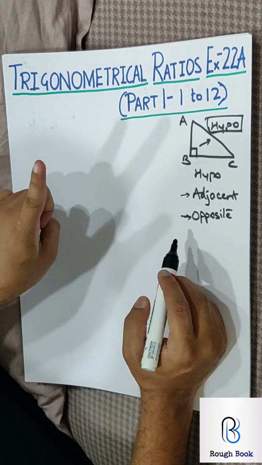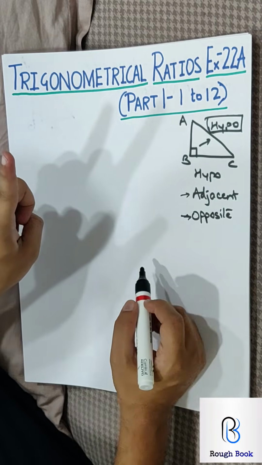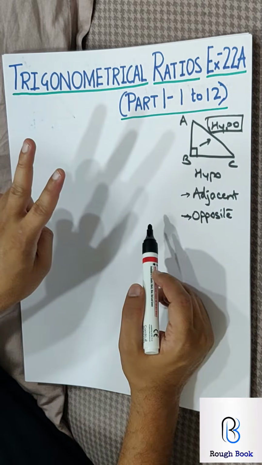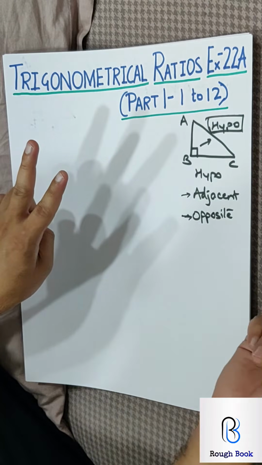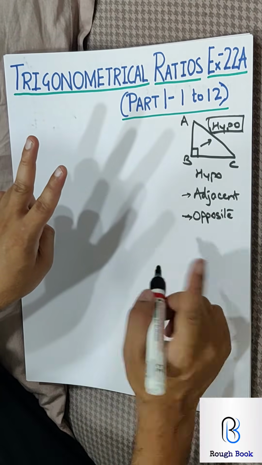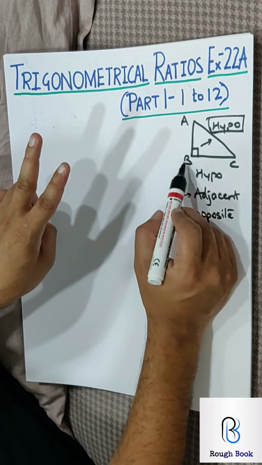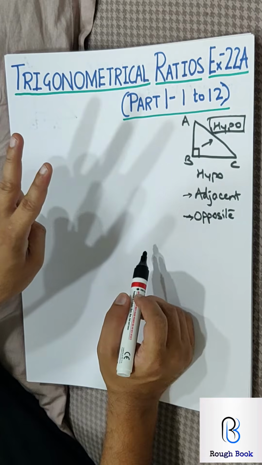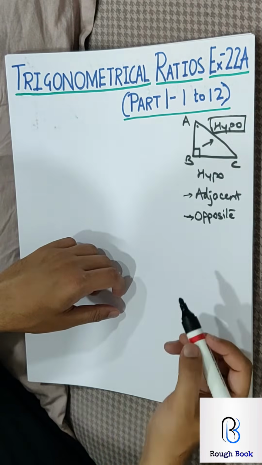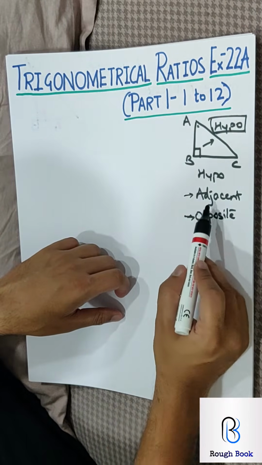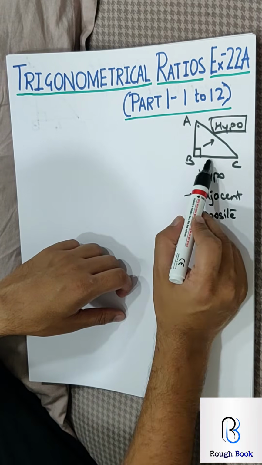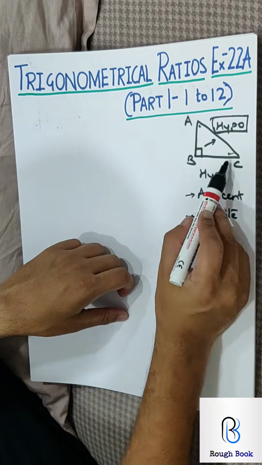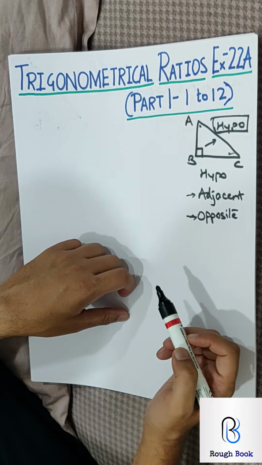So I said thumb rule number 1, it is applicable only in a right angle triangle. Thumb rule number 2, trigonometrical ratios are applicable on non-right angles. Non-right angle, meaning the right angle, that is B, it cannot be applied. It can be applied only on A and C. So if I am talking about A, then which is my opposite side? BC. It's not AB. But if I am talking about C, then my opposite side is going to be AB.